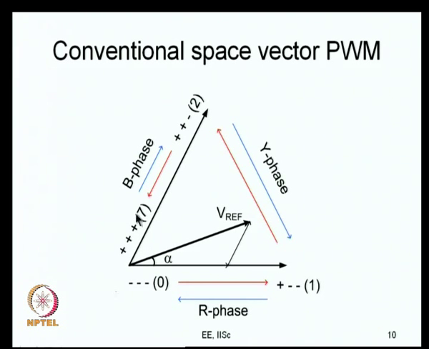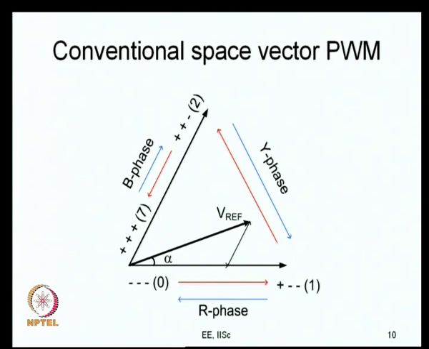You can do the same thing in the reverse fashion in the next subcycle. So, you can do this in the alternate fashion, and this is what you call conventional space vector PWM. Similarly, when your reference vector moves and goes to the next sector, now this is called sector 1, it would move to sector 2. When it moves to sector 2, instead of active vectors 1 and 2, you will start using active vectors 2 and some other vector 3, which will be like this. You will start using that, and this is conventional space vector PWM, just for your recollection.